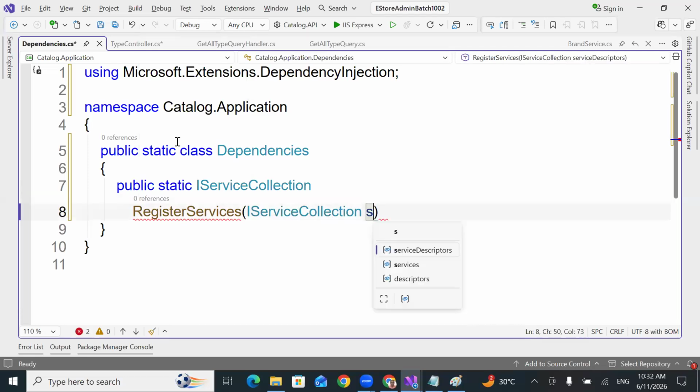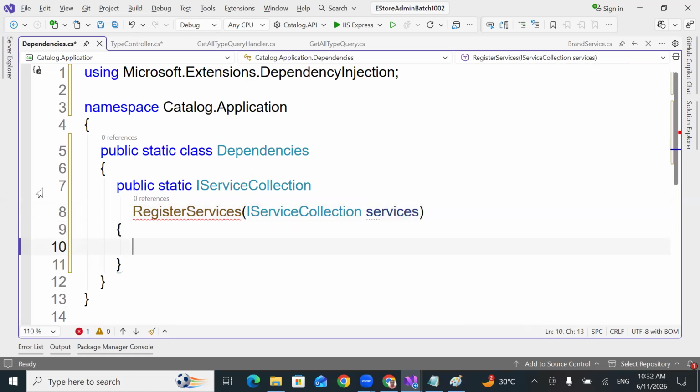Sorry, it is services. Okay. Now what I'm going to do, simply use return